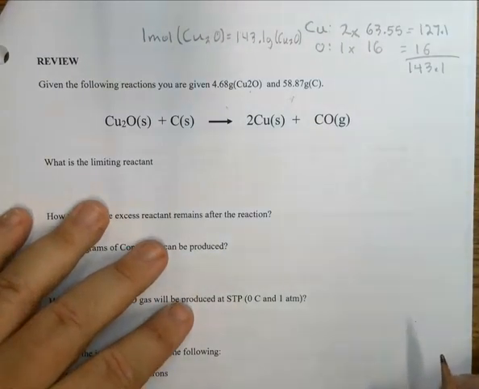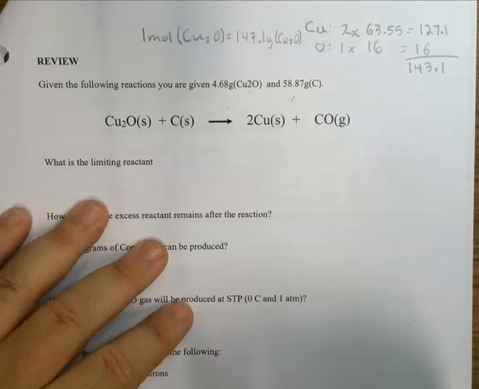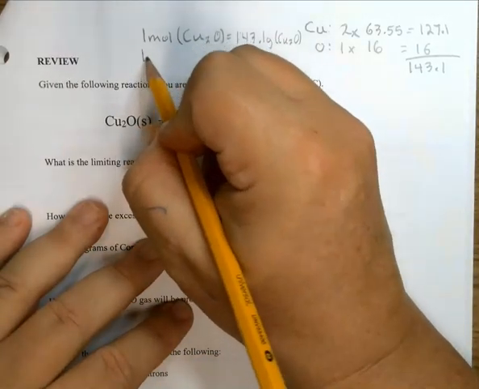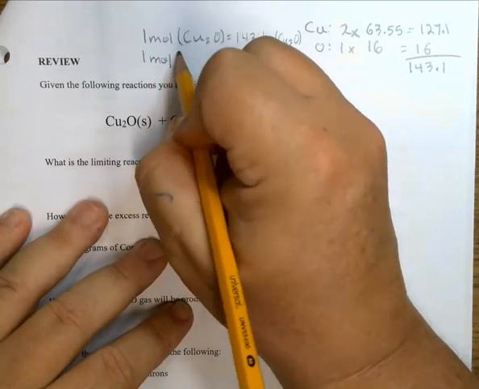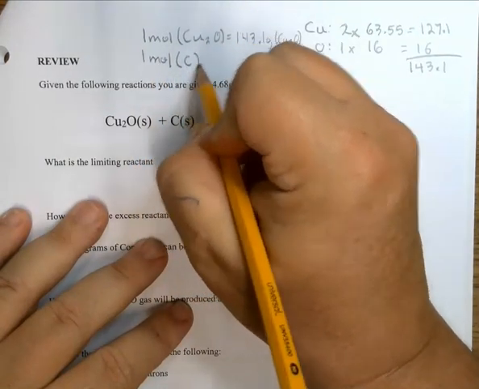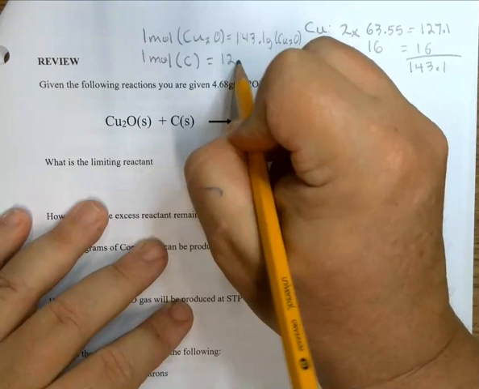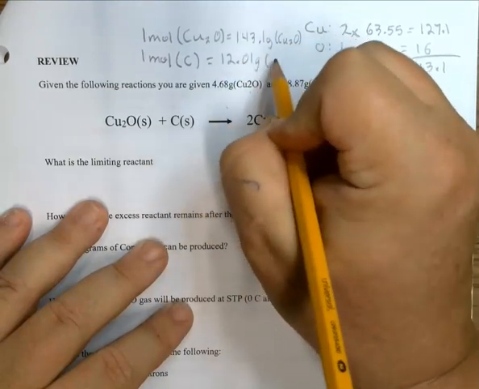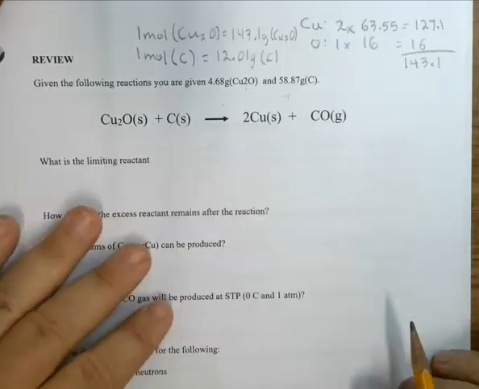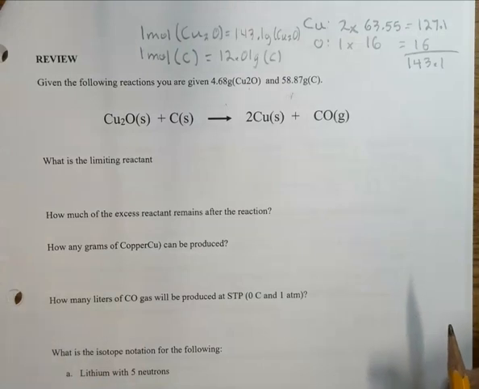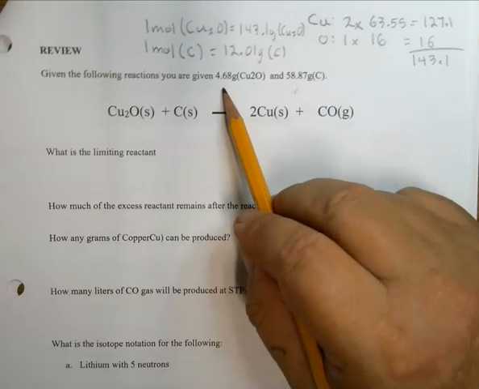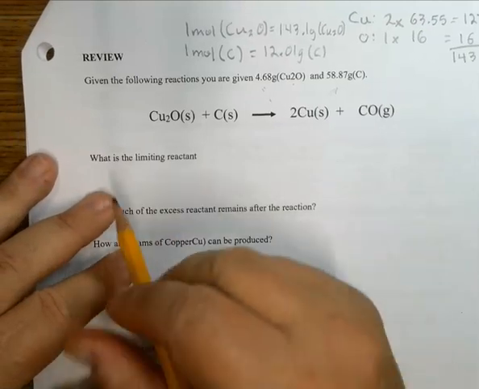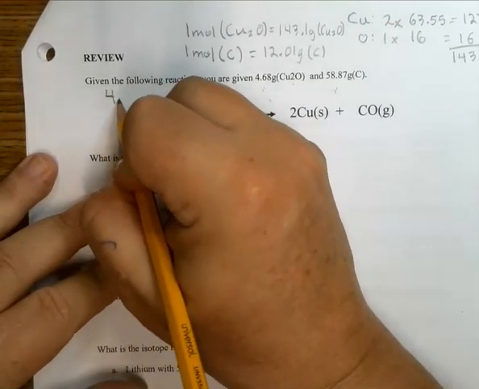And the other one is just carbon. So that one becomes easy for us. So 1 mole of carbon equals 12.01 grams of carbon. All right, so let's go ahead and figure out, we have this much. So let's figure out each of these. We have 4.68